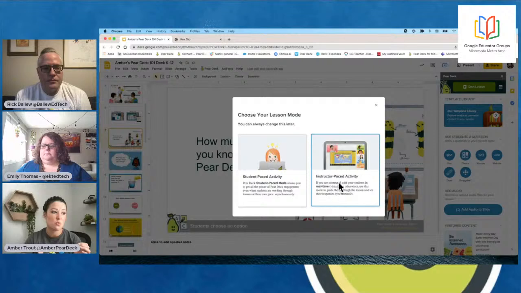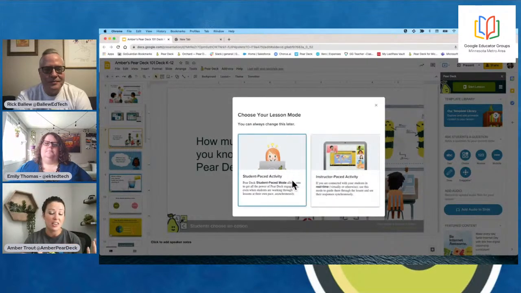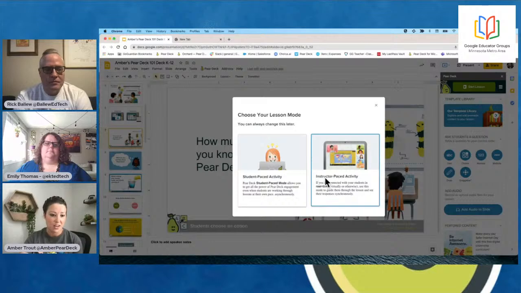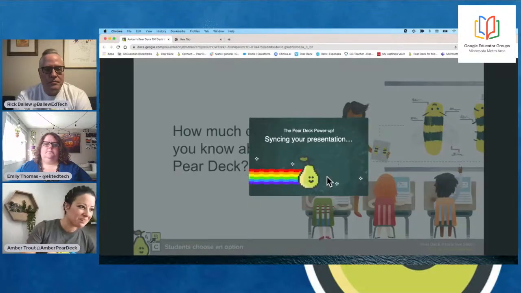Now, if you're wanting to switch between these two modes, just know that you can click on one now and flip-flop between them in the middle of your lesson. And we're going to watch that today as well, but I just wanted to make sure that you know you do have two options and you're not stuck in them if you click on it now. So we're going to do instructor pace for right now.